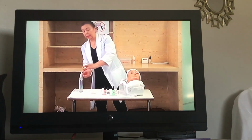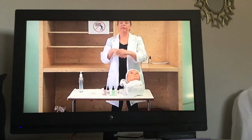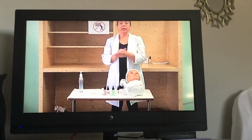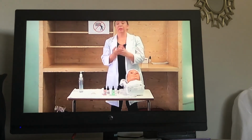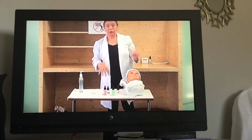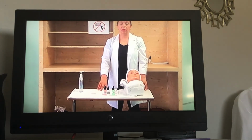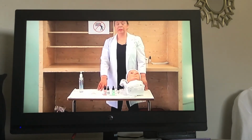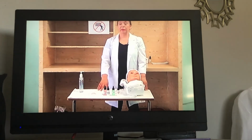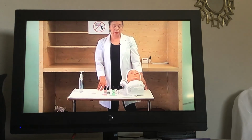Sanitize your hands, and that's it. That takes care of your first client. Cleansing of the face, exfoliating of the face, and massaging of the face. Once you're done, your examiner is going to give you another 15 minutes to clean up and set up for the client coming up. So remember, for this client, you need to disinfect your working area and also disinfect your